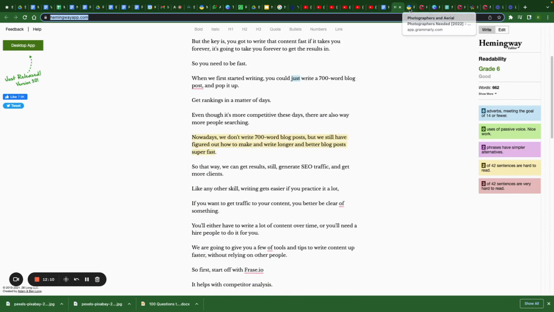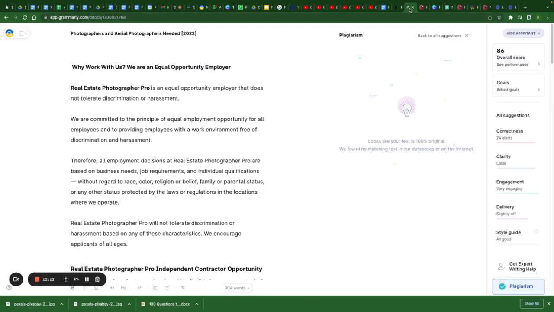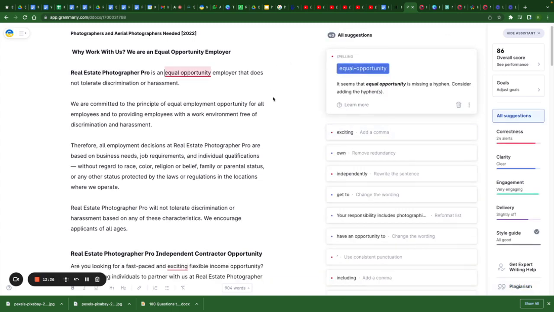And then I would also suggest another online tool. It's free at first, but as you start using it, you'll probably want to do the paid membership, Grammarly.com. Grammarly.com will also help you score your writing and edit your writing. And it'll also help tell you if it's original. So it has a plagiarism checker, so you can check and see if any of your content, if Google or anyone would criticize your content for having plagiarism,